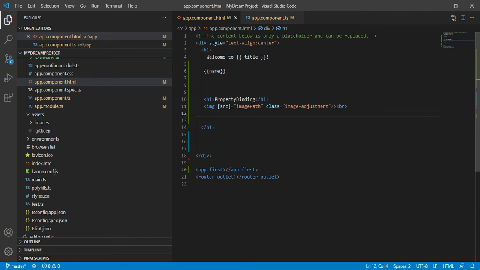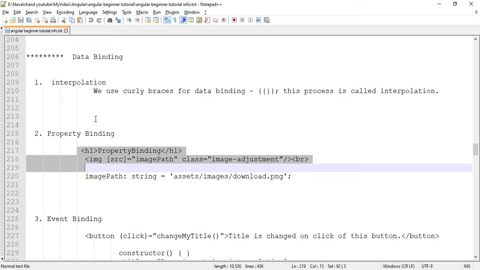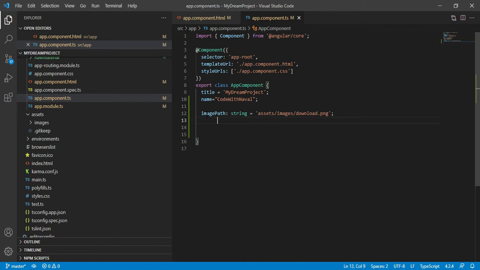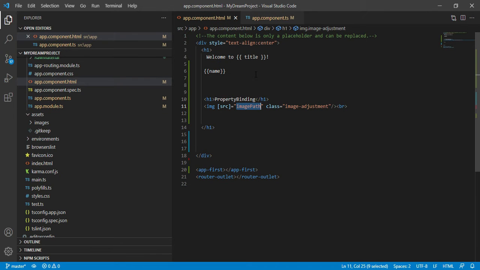We will simply create a bind variable and create that variable inside the ts file. You can see here I have created the image path variable inside the ts file. That variable type is string, and we provide one image url. And you can see we bind that image in the image tag.